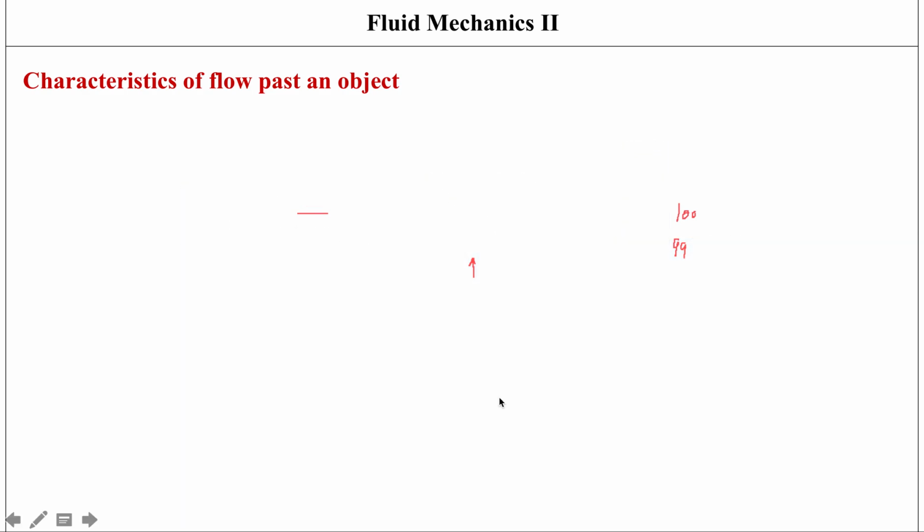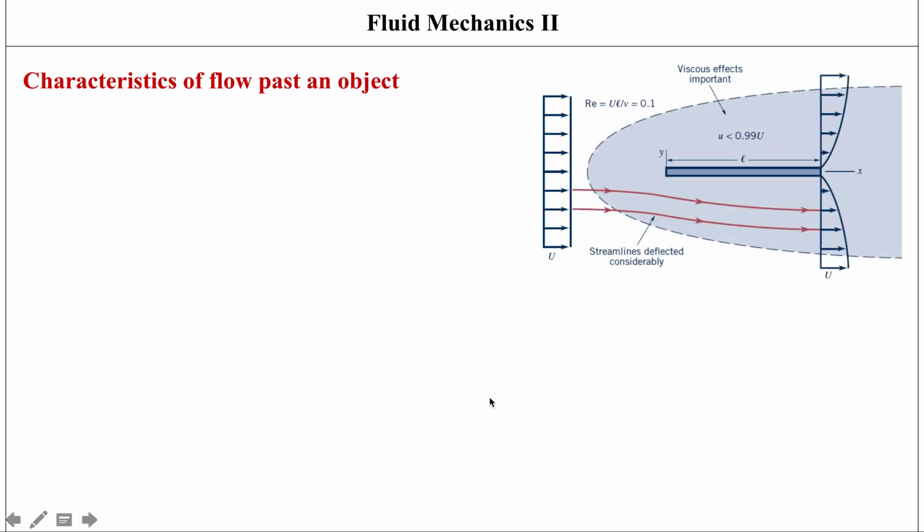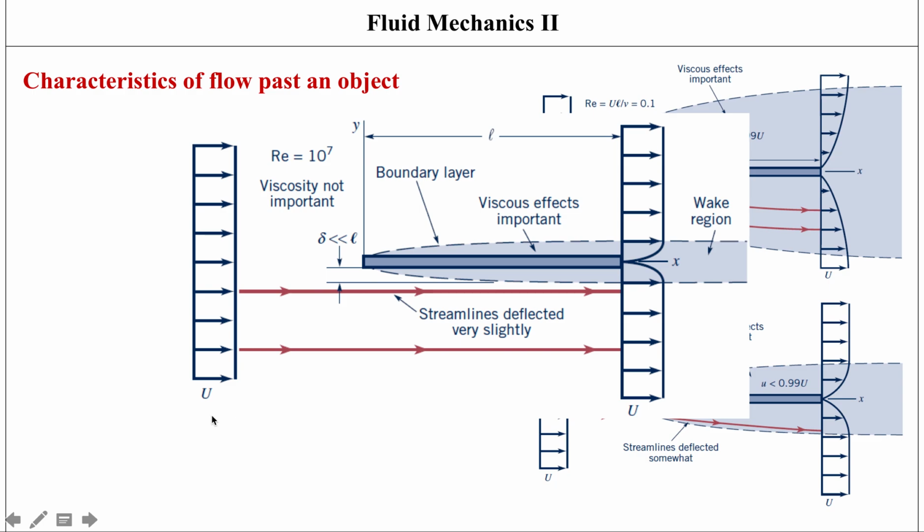Just like that, if we keep on increasing the Reynolds number, and now we've got these two cases, I'm going to show you the next case. We increase the Reynolds number even more, a lot more, and what we find is then that the boundary layer becomes even smaller, and the boundary layer is just the region of thickness, basically. It's a thin region on the surface of a body anyway, but it's the region in which the viscous effects are important, and outside of this, fluid essentially behaves as if it's inviscid,